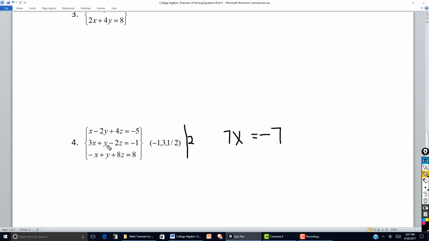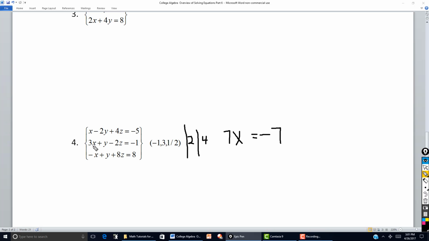And you want to eliminate the same variable, okay? Because let's suppose the y didn't cancel here, then this equation would have had an x and a y. So we eliminate the z by multiplying, say, the second equation by 4 and adding to the third. Okay, so again, 4 times